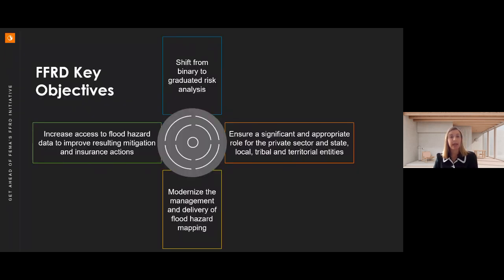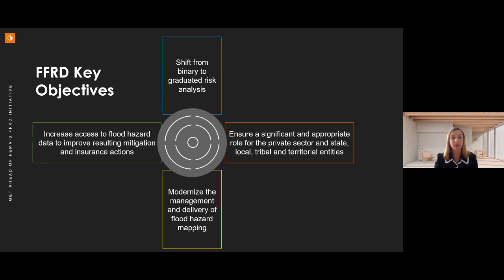So FFRD has 4 key objectives. First, you're going to see a shift from binary to graduated risk analysis, moving away from that in or out of the floodplain notion and really focusing on a quantified risk. Second, FFRD plans to modernize the management and delivery of flood hazard mapping with the latest tools and resources.